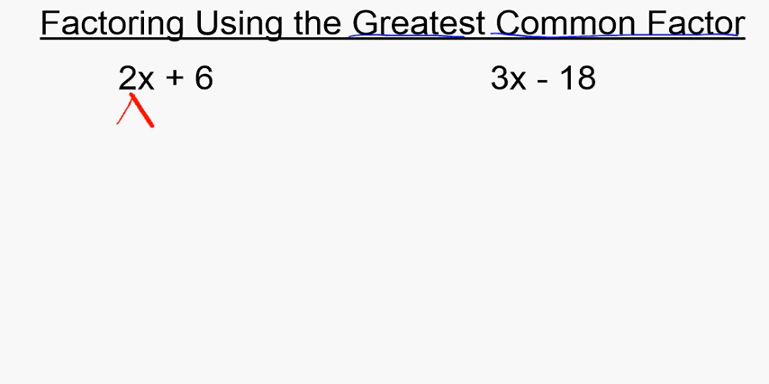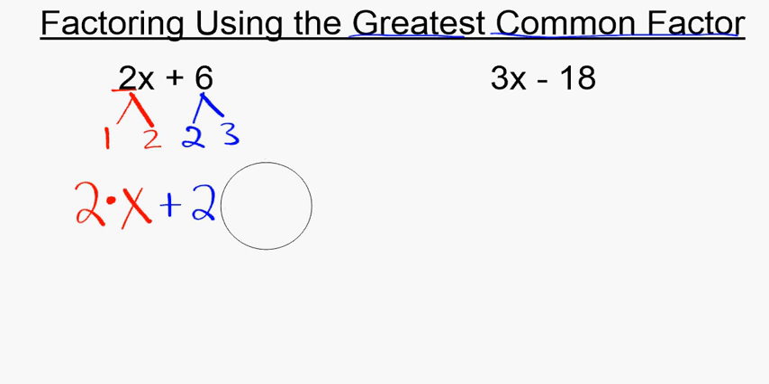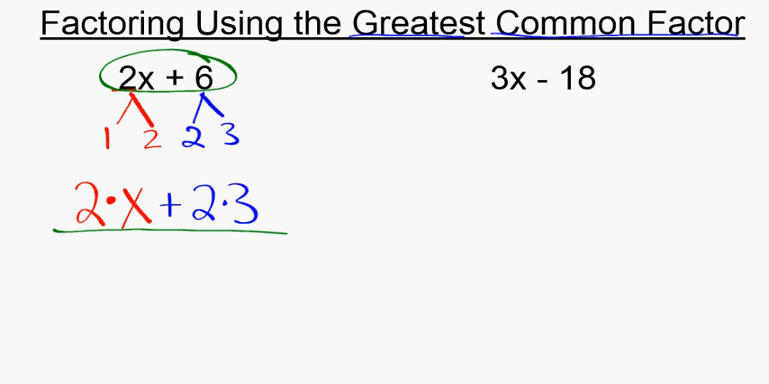Well, 2 is actually prime, so it's really just 1 times 2. We're not going to break that down. So the prime factorization of 2x is just 2 times x. 6, however, we can factor as 2 times 3. So we can write this as a positive 2 times 3. So this expression that I've written here, 2 times x plus 2 times 3, is the same as 2x plus